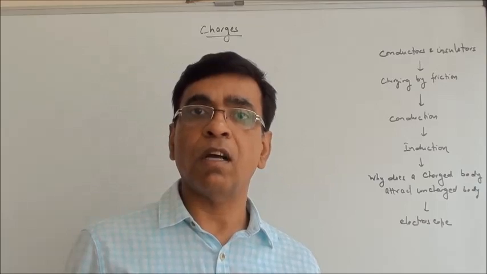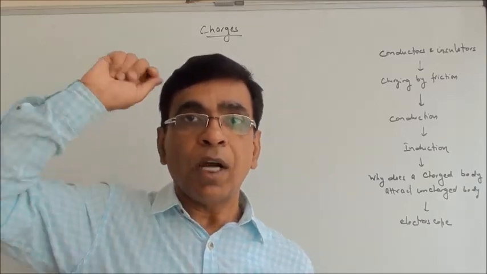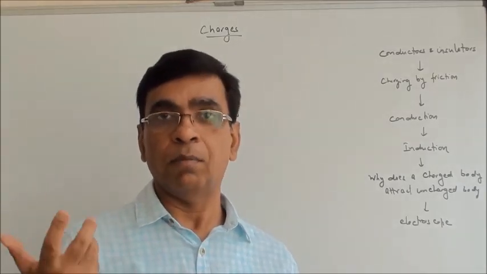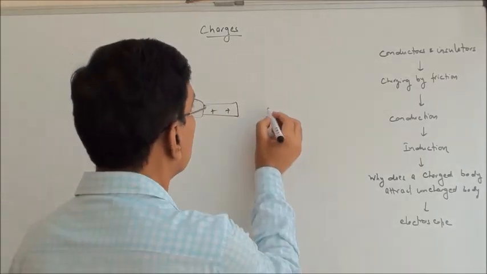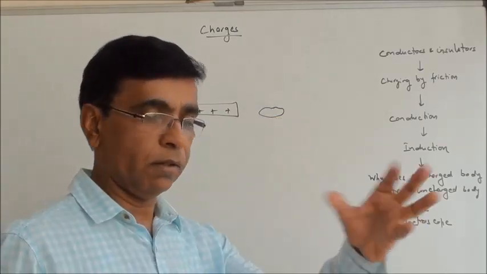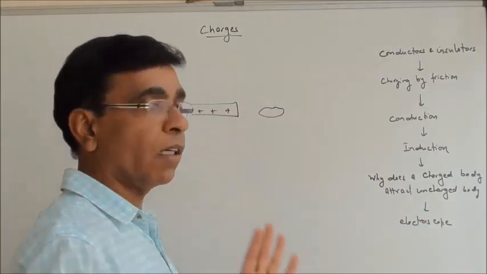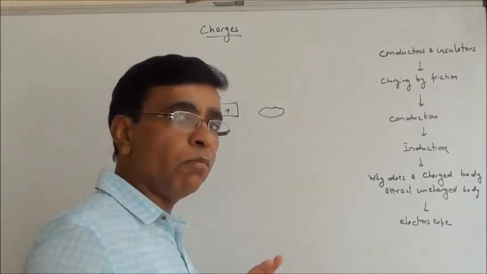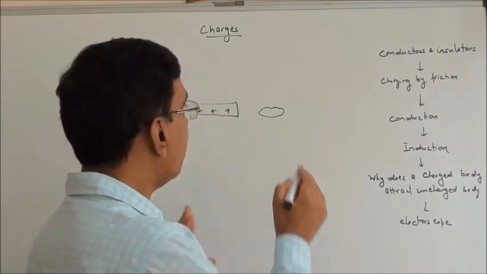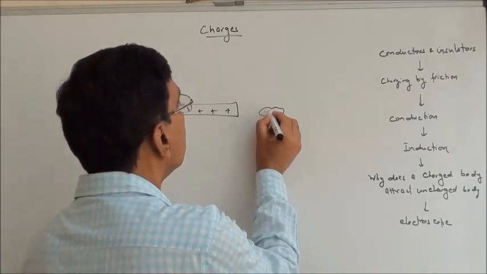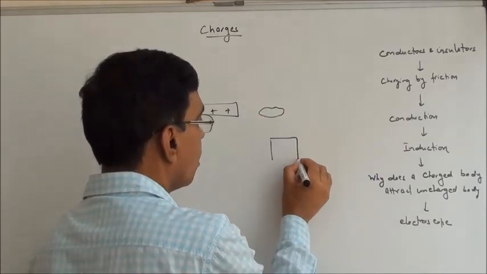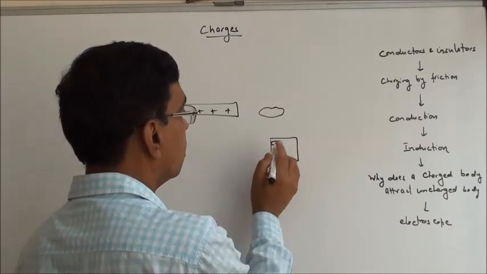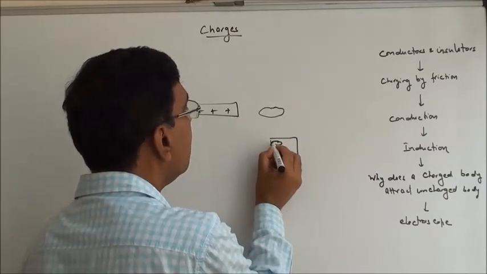Those paper pieces are not charged. So why does a charged body attract uncharged insulating pieces of paper? See, suppose this is a light paper. Why is this attracted by this? This is charged, but this has no charge. It is made up of a large number of atoms, and if I consider, say, two atoms on this side which are closer to the charged body, due to this plus, negative charge will be